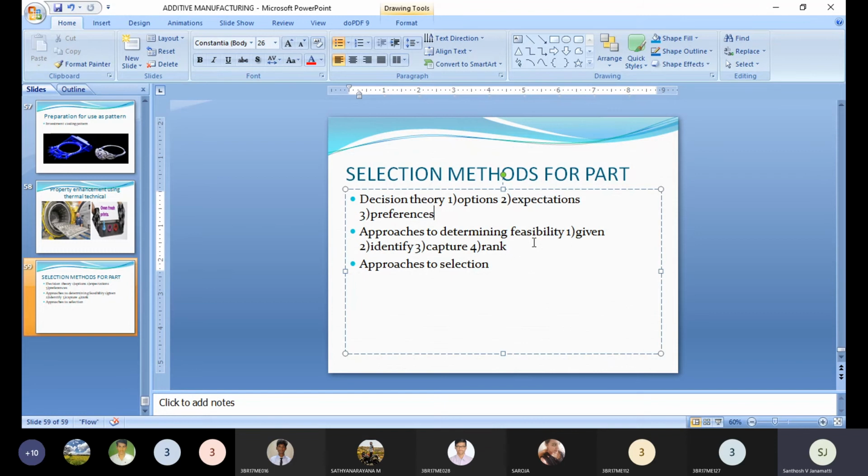Now we have to determine how to produce the 3D component without any obstacles or difficulty. We can produce easily. As per the expectations, we are selecting one machine. Then the second thing is to produce the 3D component without any difficulty. Some people give preferences, we will take the machines, we are selecting everything. Then the second step is we have to execute through that machine. That's what we need to determine, the feasibility.